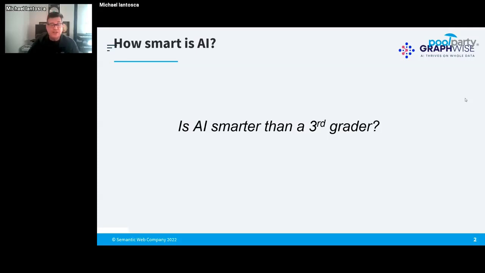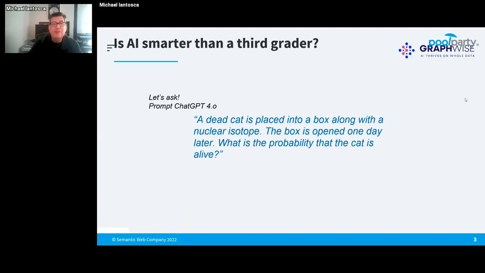I did ask this question of OpenAI, of ChatGPT: is AI smarter than a fifth grader? And I got a bunch of answers, but then I threw a basic question at it, and I said a dead cat is placed into a box along with a nuclear isotope. The box is opened one day later, and what is the probability that that cat is still alive? And I wasn't surprised with the answer, and that's because